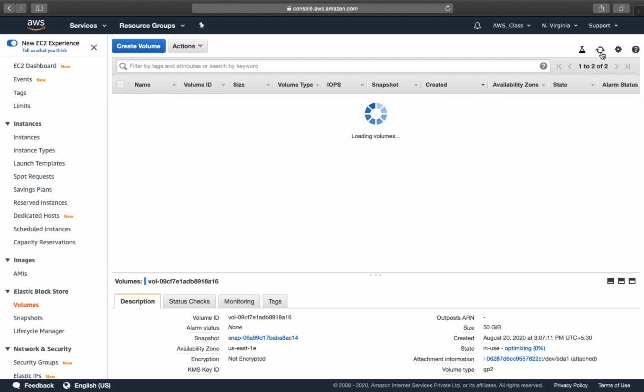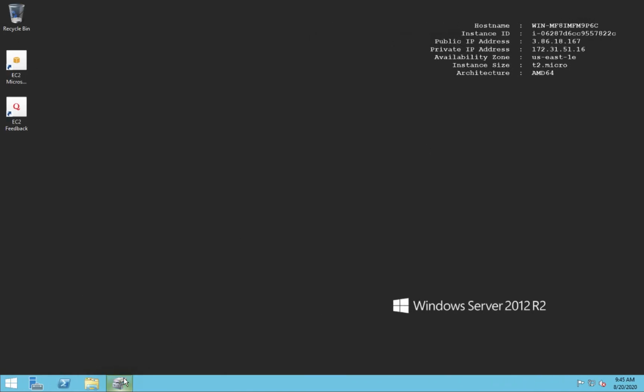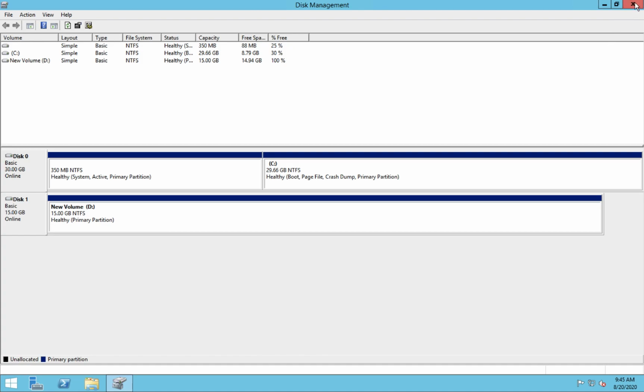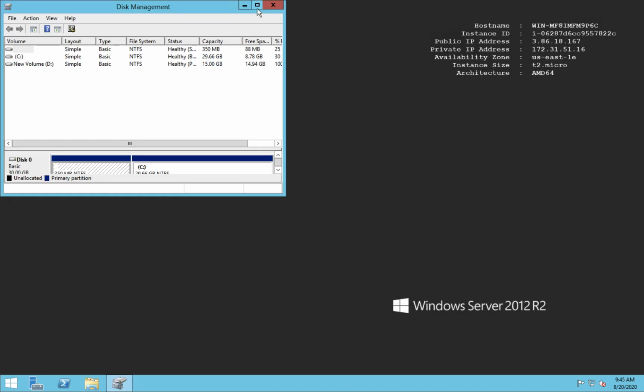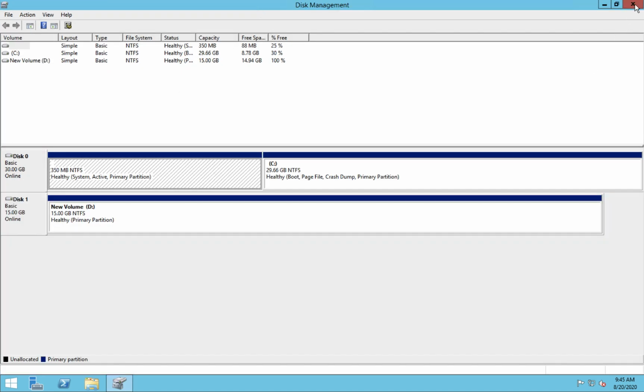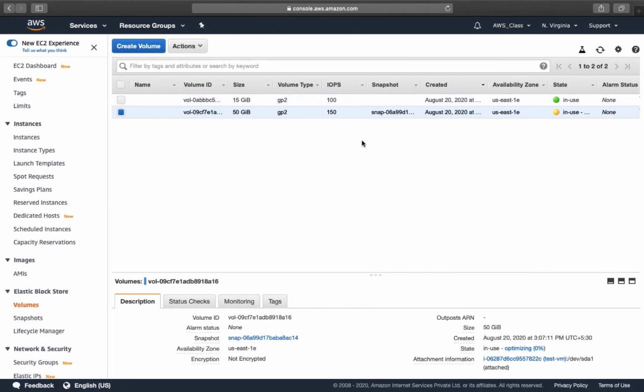So what you need to do, if you are unable to get the changes directly in your virtual machine, because we are using the GUI, it may not be possible to make an impact directly on your C drive online. So you just need to restart your virtual machine.